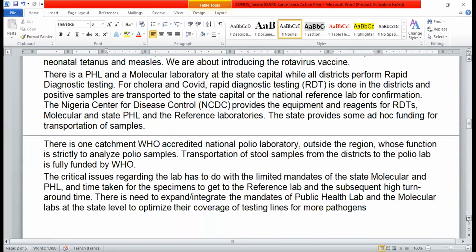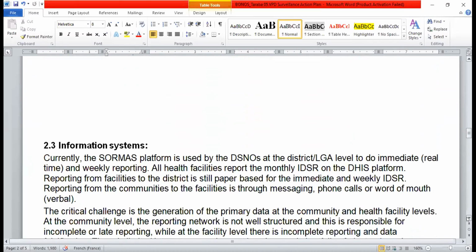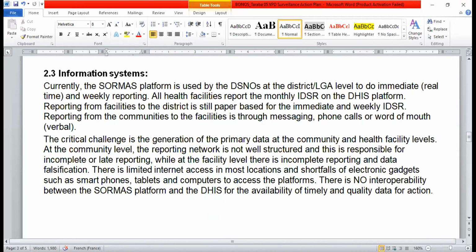So in terms of information systems, currently the SOMAS platform is used by all the GSNOs at the district level. The problem is that most of them don't even input the data as required. So there's an issue of the correct use of the SOMAS platform.